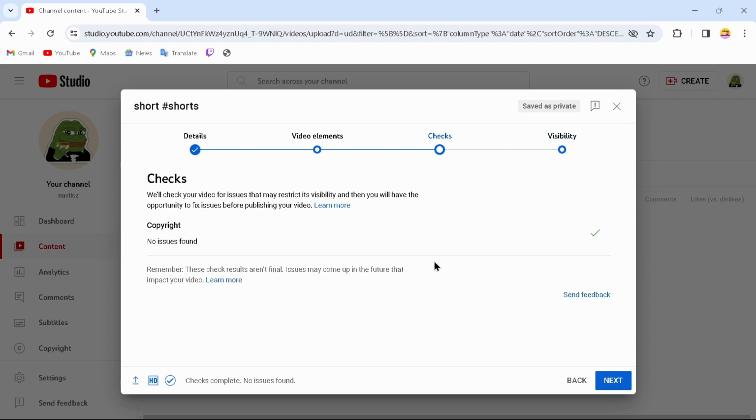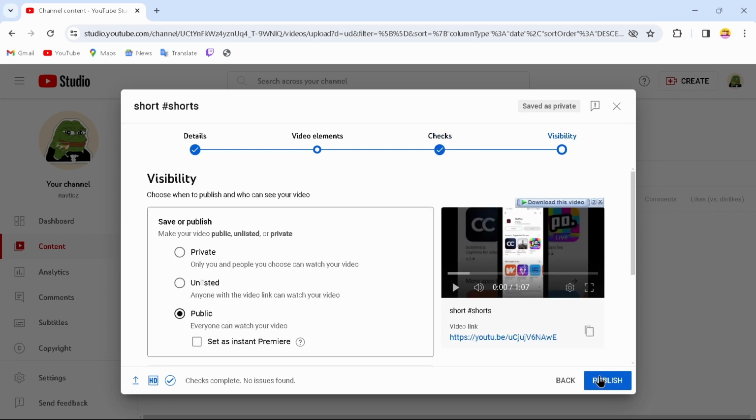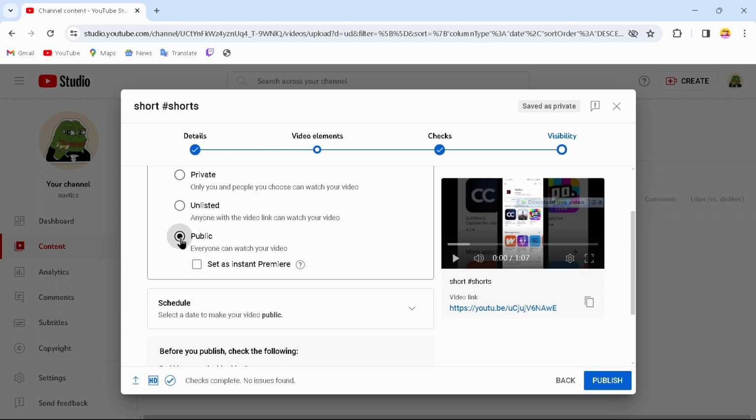After changing your copyright issues, tap on next, and after coming up to your visibilities, you can change your video's visibility, whether it's public, unlisted, or private. I would like to set my video as public,